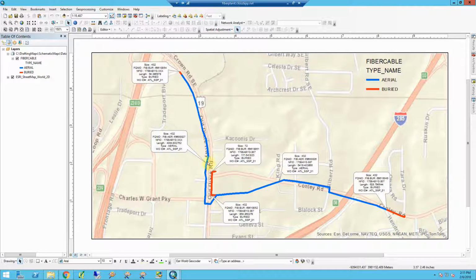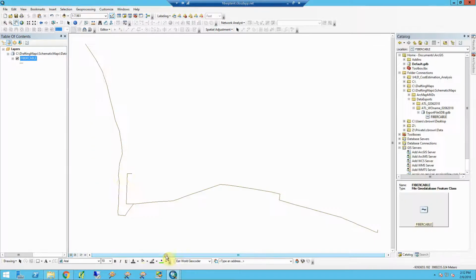We're going to symbolize the lines red and blue, and then we're going to put some code into the labeling to make it look like a nice call-out box, and then I'll show you how to move those around and make a layout like this and just be able to export it to an image. So from scratch. First thing is you can go to the properties of this layer here by double-clicking on it,